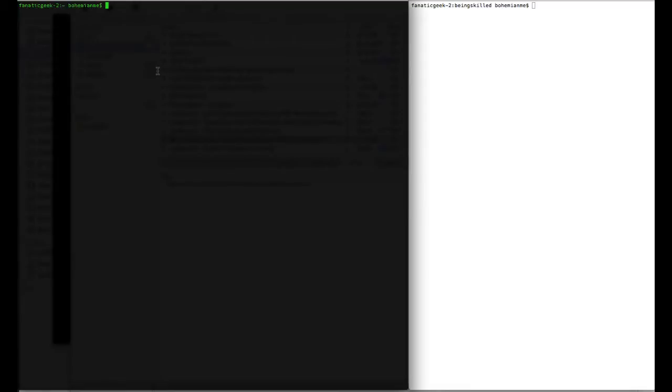So how to access these manuals in Linux? All you need to do is just type man followed by the command name for which you want to see the manual entry. So let's say we are looking for cat, and it will display the manual entry.